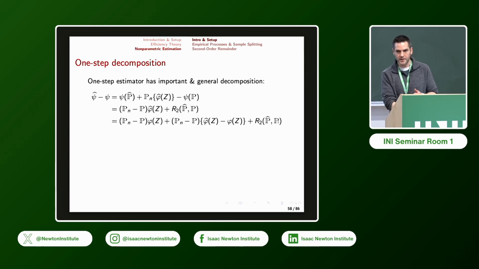And then the third term, which to me is really the key one, is just that remainder in the Taylor expansion. And this is what's going to dominate in general if you're using flexible methods to estimate the nuisances. Again, this one under pretty weak conditions is going to be smaller order. And because we've done this bias correction based on the influence function, this remainder is going to be second order. So it's going to look like squares of differences or products of differences. And that's why you end up getting properties like double robustness or